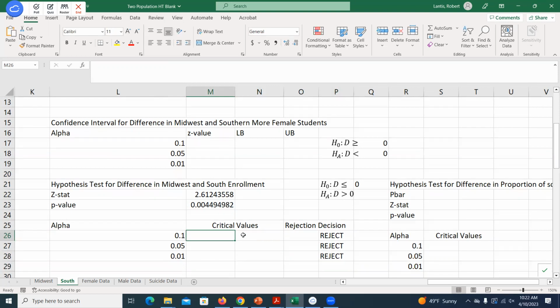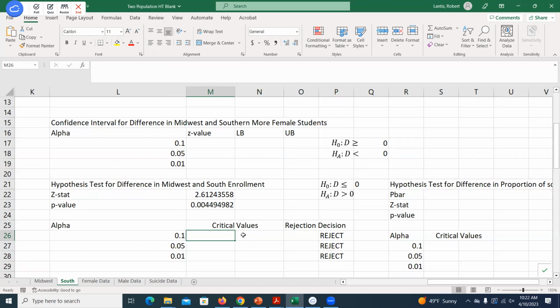Oh, sorry, I'm not doing a two-tail test, we're doing a right-tail test. So I want the critical value that gives me an alpha of 0.1 in the tail here. I don't know what this cutoff z value, this critical value is, but I know the area in the tail I want is 0.1. Here's where it gets a little tricky,